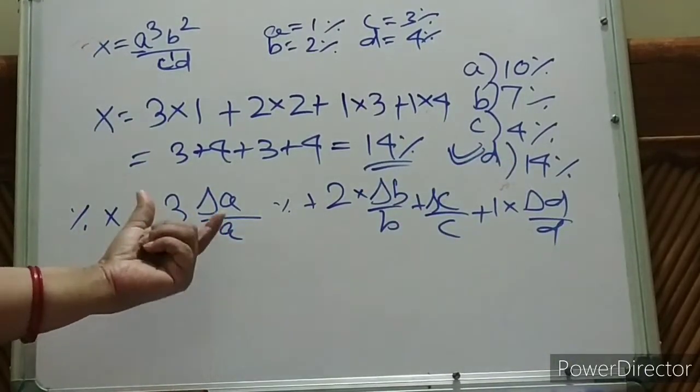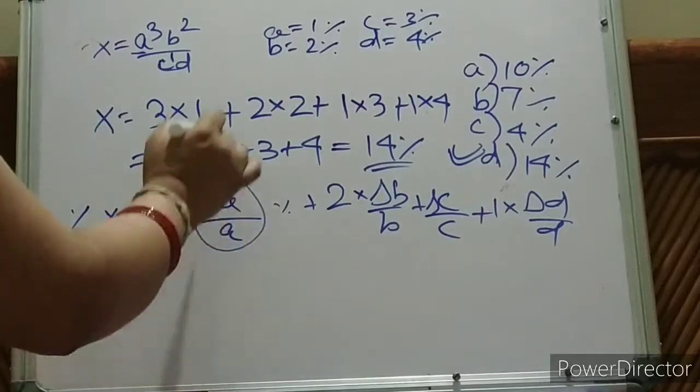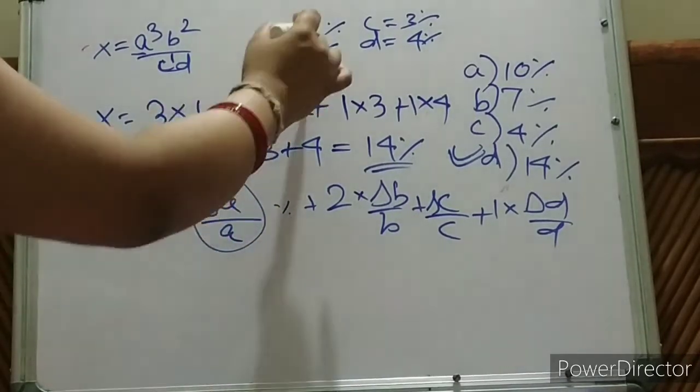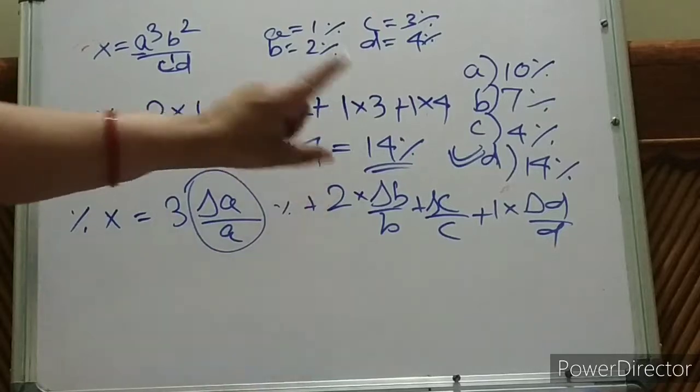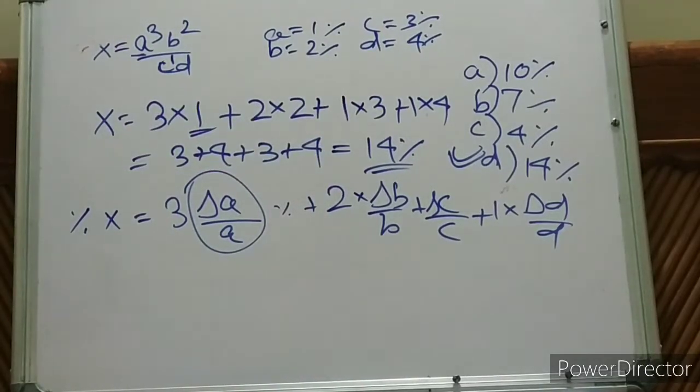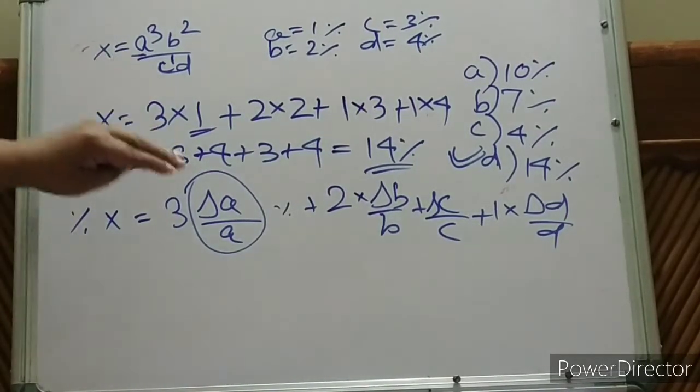So this is the formula. I have used this. This is your fractional error, na? In percentage. So it is given directly. So 3 into 1, 2 into 2. Is it clear, children? Easiest and quickly can do it.